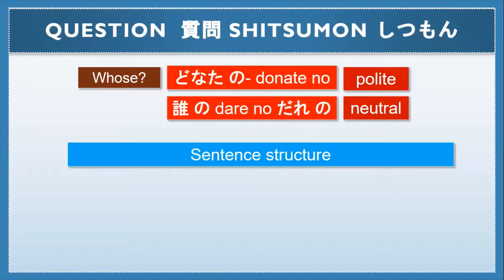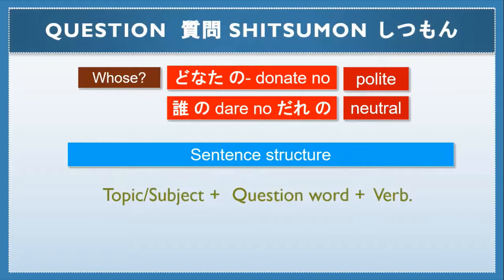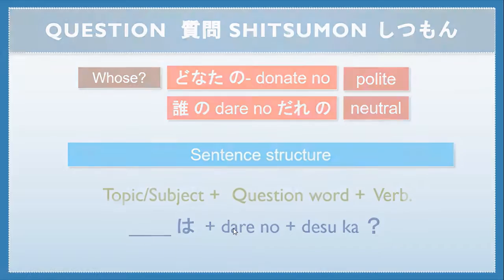The sentence structure will be topic or subject, then question word, then verb. So, ___は誰のですか？